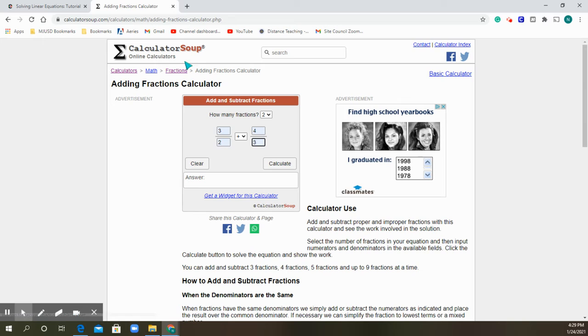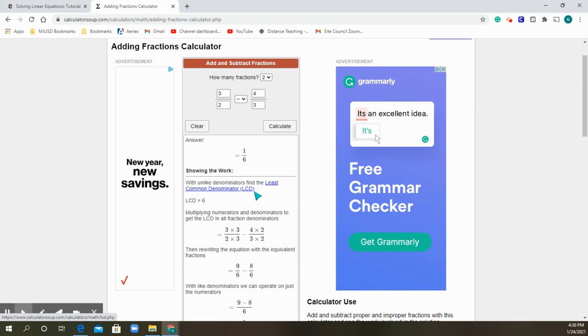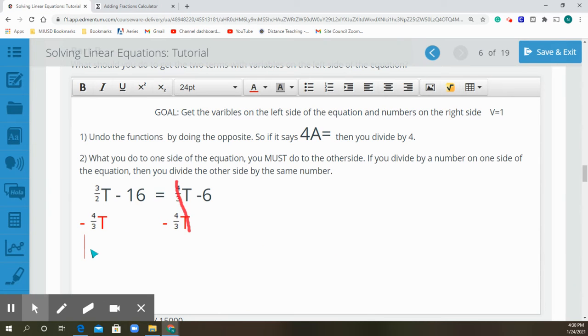I go to Calculator Soup, I type in the fraction, 3 over 2. I want to subtract 4 over 3. I click calculate and it says 1/6. This shows the where, why, how of that whole process if you care to know, and I highly recommend that you look it up. So now we are left with,